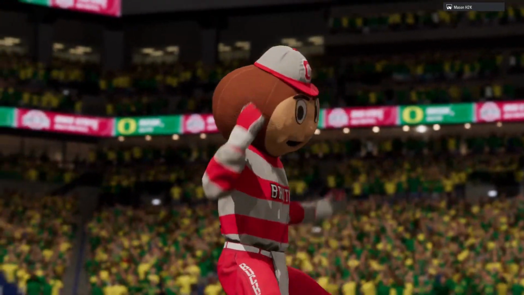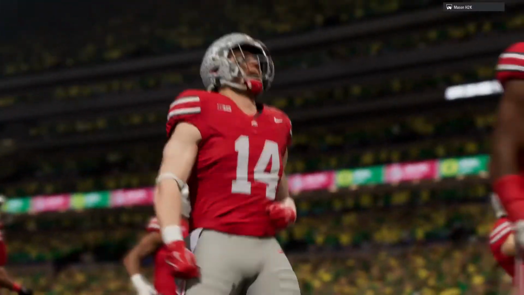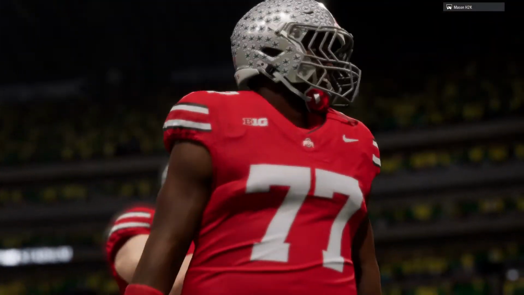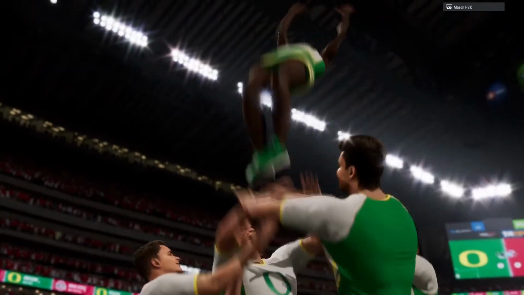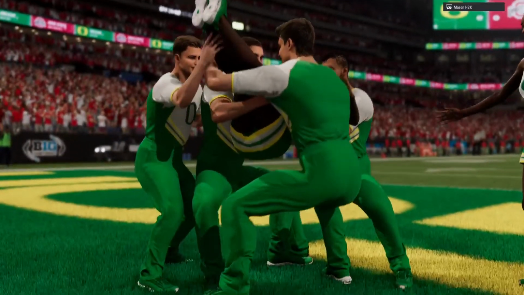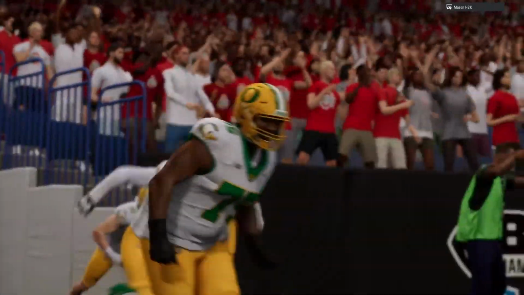As we'll see the number 5 team in the country, the Oregon Ducks, taking on last season's national champions, the Ohio State Buckeyes. For EA Sports College Football, I'm Chris Fowler here with Kirk Herbstreit. Let's get this thing underway.